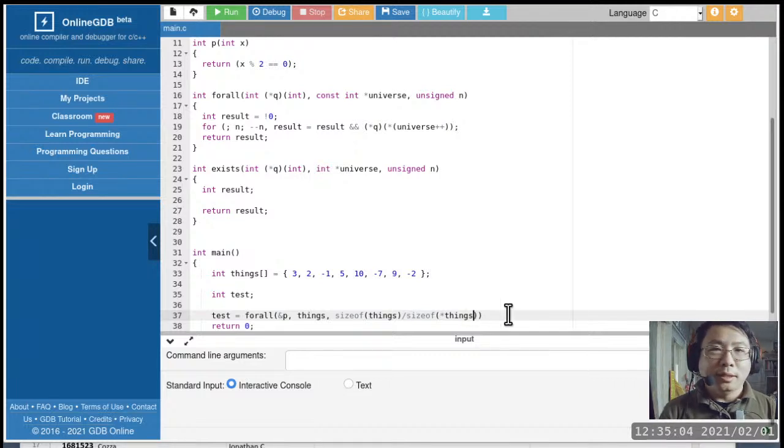So that's an interesting little trick here, so that the code is a little bit more portable. Yes, I can simultaneously write code that is difficult to read, but also portable at the same time.